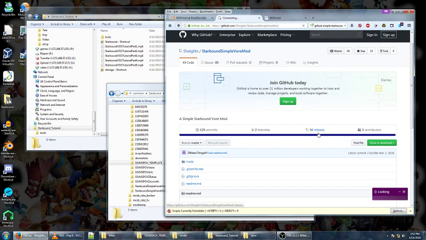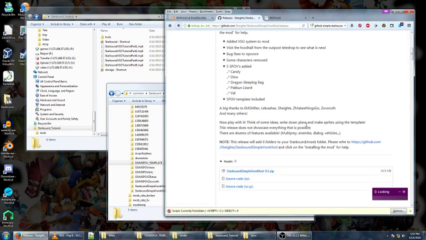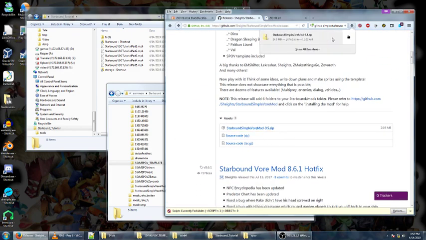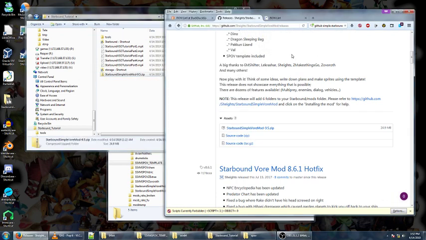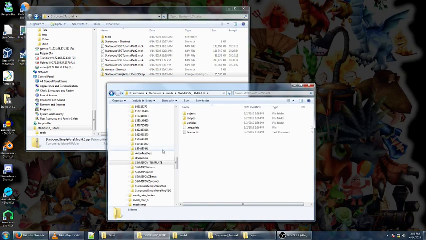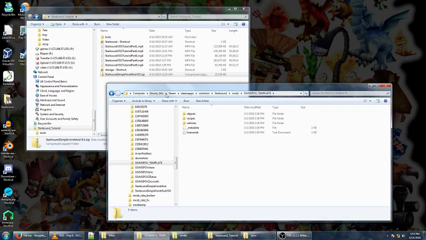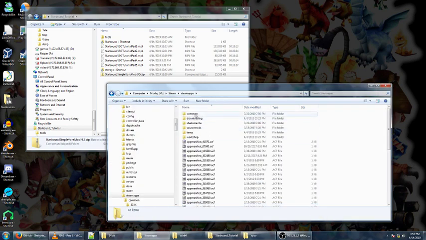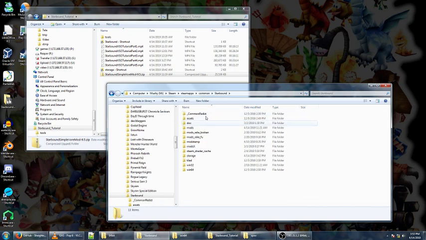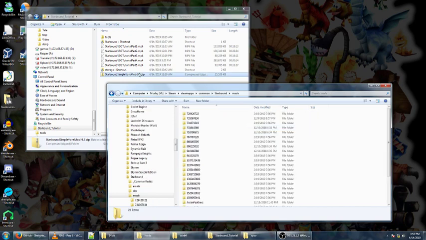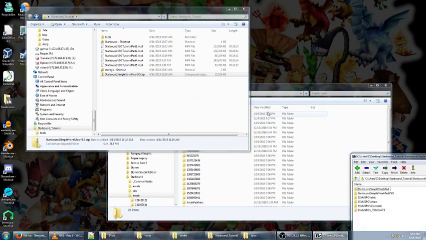You want to go to the releases, and then in the releases you can download the zip file, which will be the thing you want, and then you can go find your Starbound folder, and it's going to be somewhere in your Steam folder, depending on if you have Steam. In my case, Steam Apps. So Steam Apps, Common, Starbound, and then we're going to go to Mods,